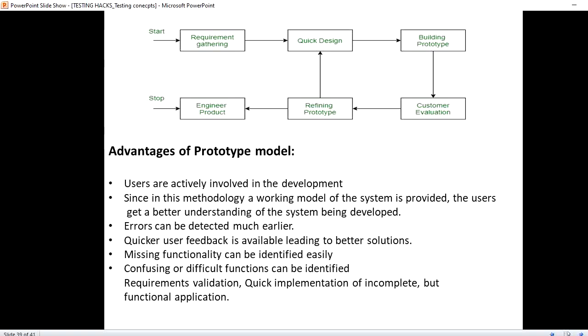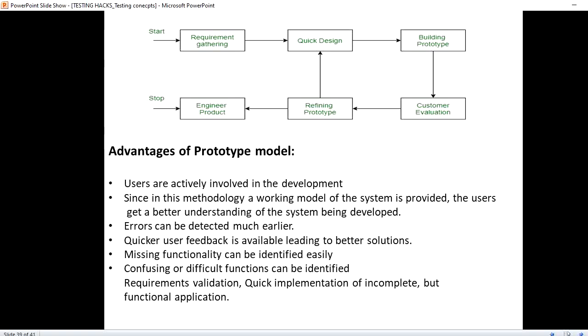Since we have the prototype ready, we have the look, feel and navigation in our hands. If anything is confusing, or any requirement can be added, this is the best suitable model.